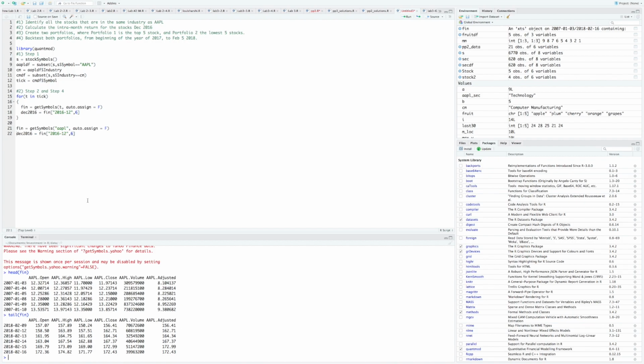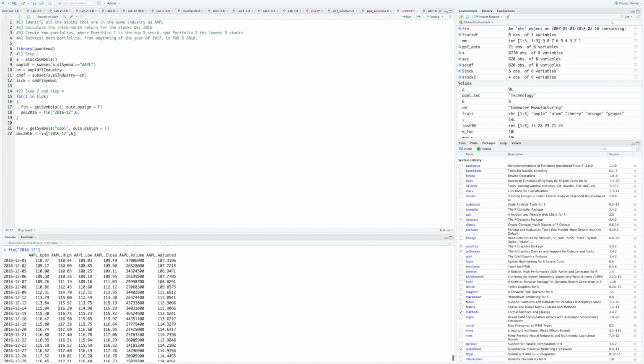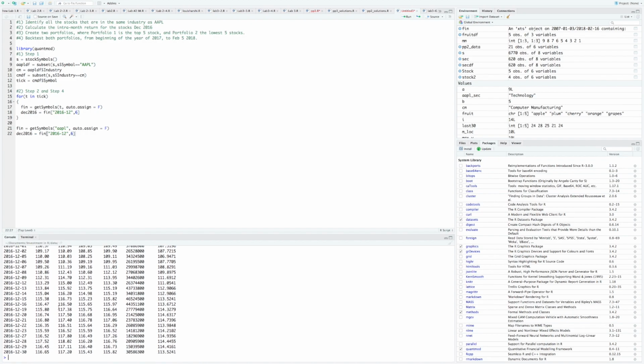We want that data. So if I run just fin bracket 2016-12,